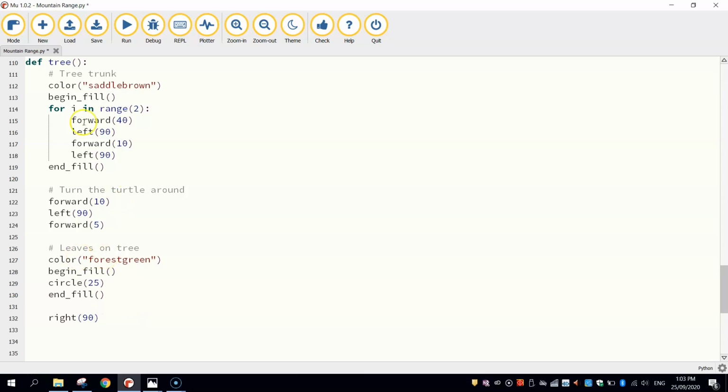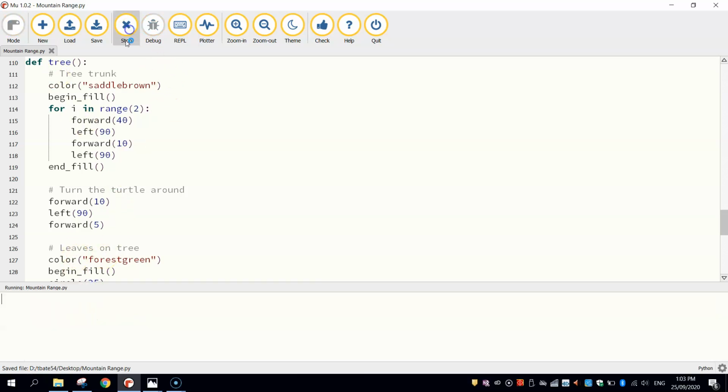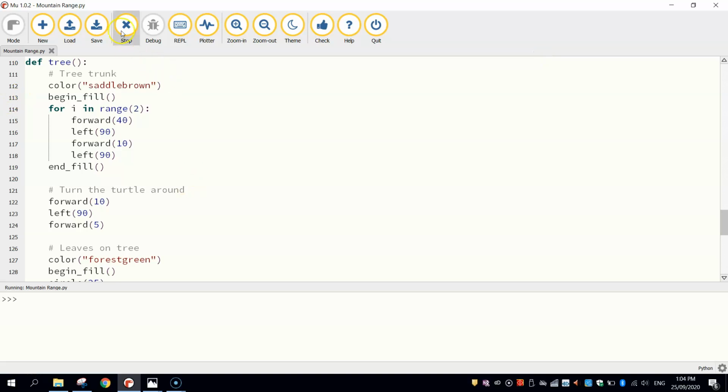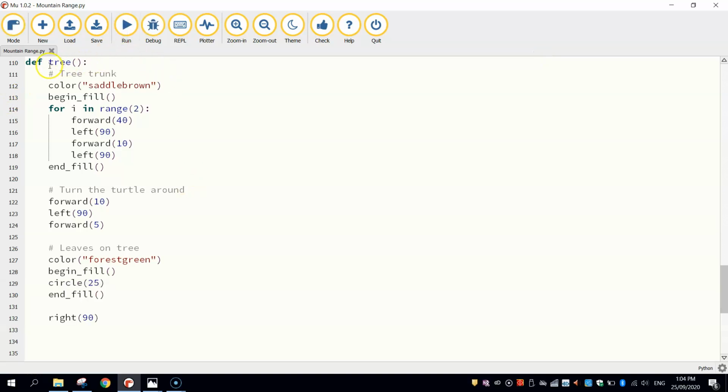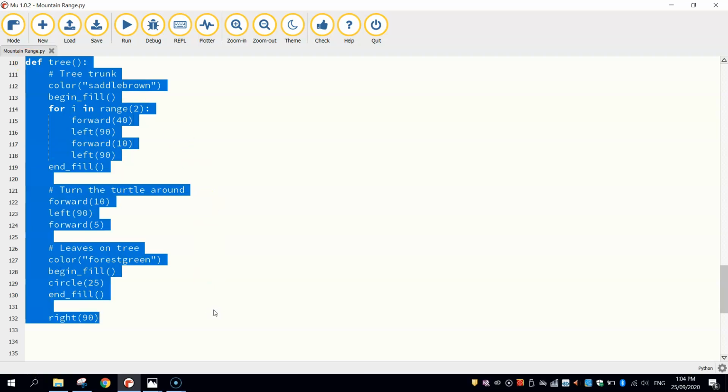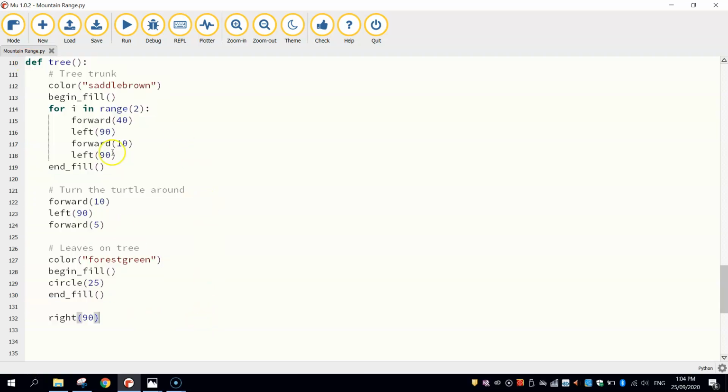Actually, I'll show you what it does when I run this. It's actually not going to draw the tree at all. I'll show you why in a sec. Okay, it draws everything we did before, but no tree. And the reason being is we need to call up this function to actually run. So we've made this function of code here, but we haven't told Python to actually run what's inside of this